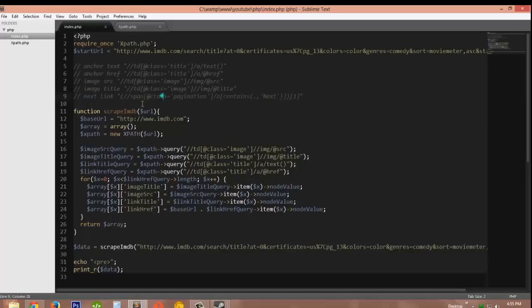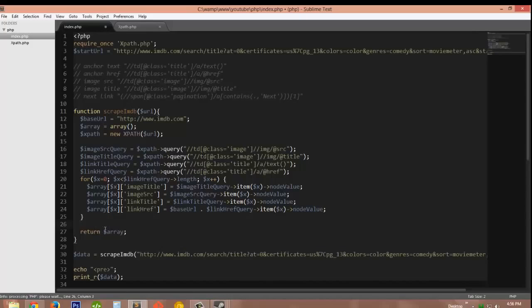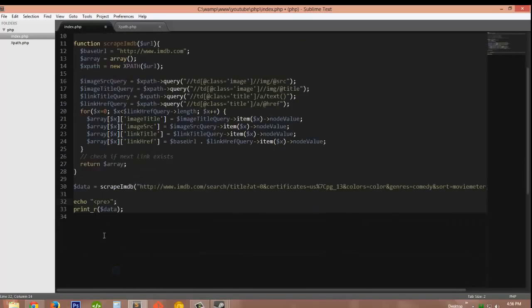the pagination works, you just want to figure out where that's at, and then in this function we're going to do a check right here, and then if we're going to check for this next link, and if it's available, we're going to take the href from it, and then we're basically going to run this function again from within inside of it. So we're going to call it recursively, and then we're going to merge this array with the array that the next function returns. So it'll just keep merging the array until there's nothing left, and then we should have it